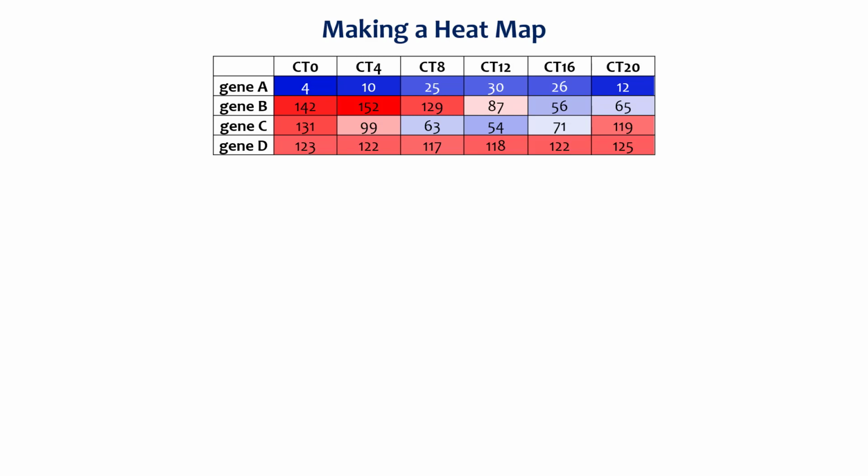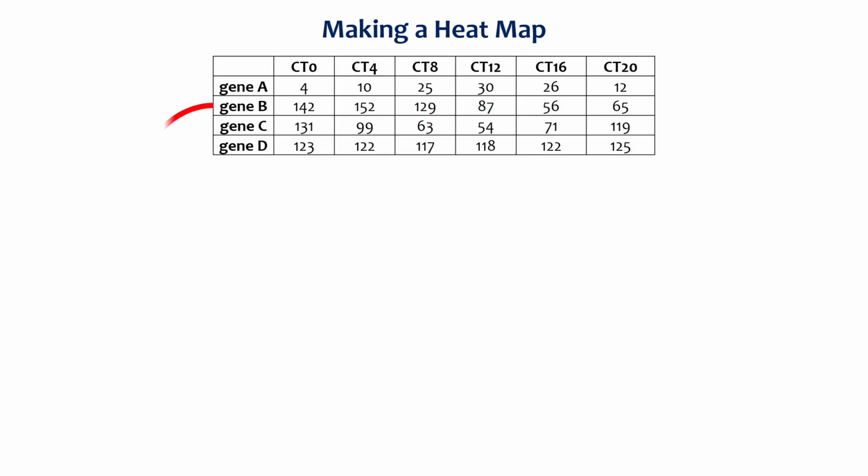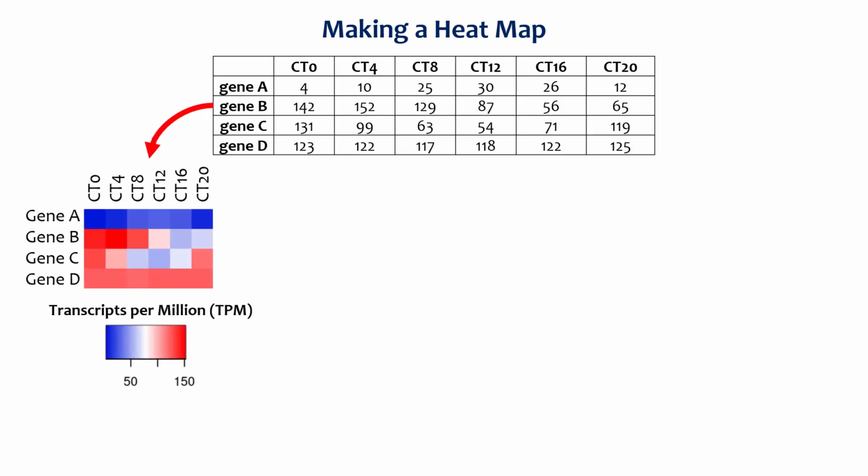Creating a heat map is as simple as entering your RNASeq count matrix into a heat map constructing program. However, it is common for researchers to normalize or transform the RNASeq data before entering the data to get the best representation. This means that the expression of a given gene is compared to its own expression at different time points, rather than an absolute expression. Without this step, samples of genes of low absolute number of reads, such as gene A, would all appear blue, or genes of high absolute number of reads, such as gene D, would all appear red,